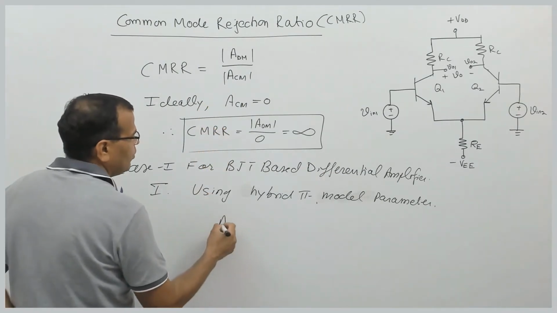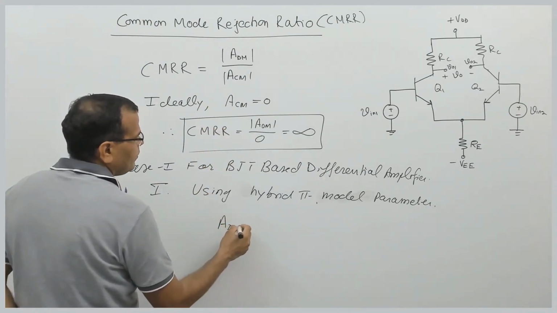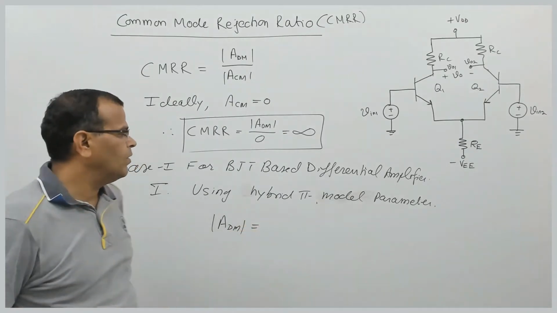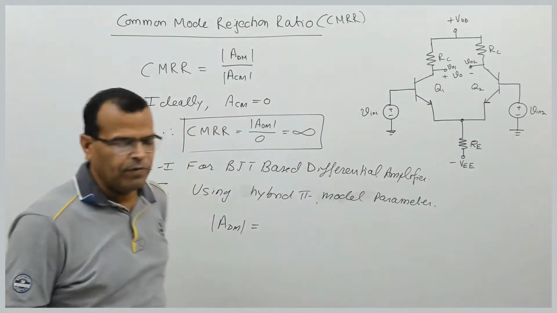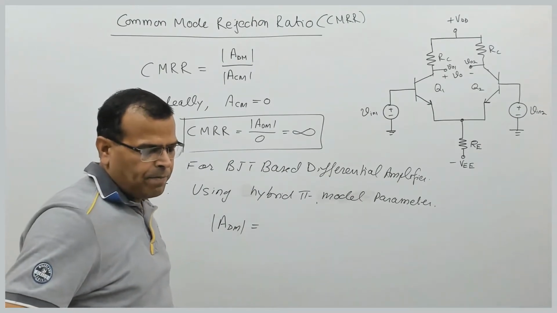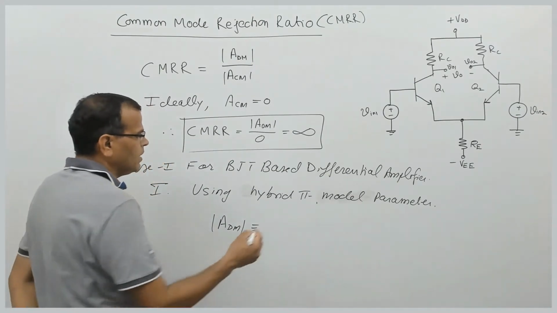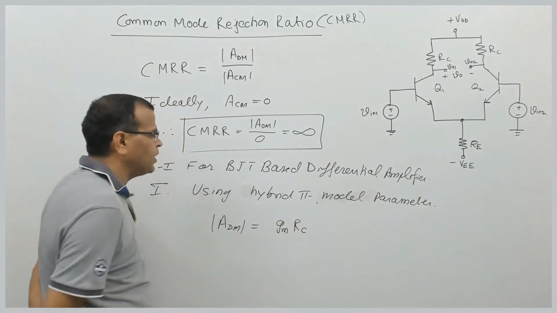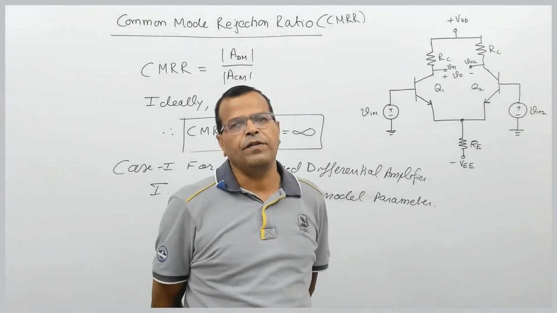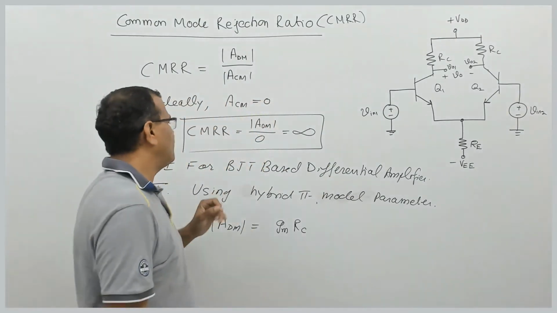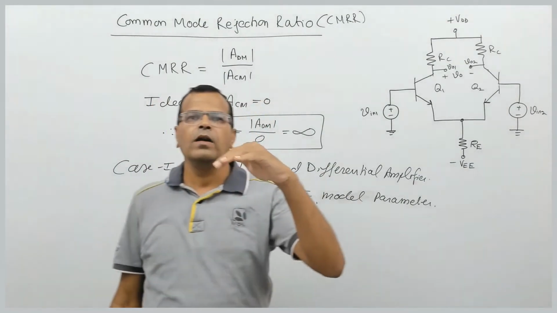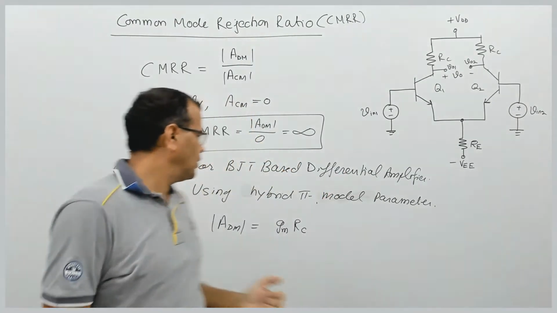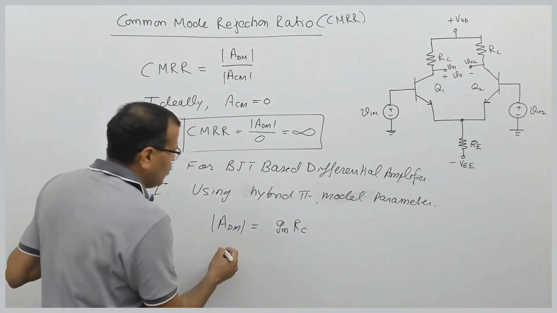The differential mode gain of BJT based amplifier with hybrid pi parameters is given by gm into RC. This is the expression of the differential mode gain. But remember, we are talking about the double-ended output, differential output. Fine. So here the common mode gain